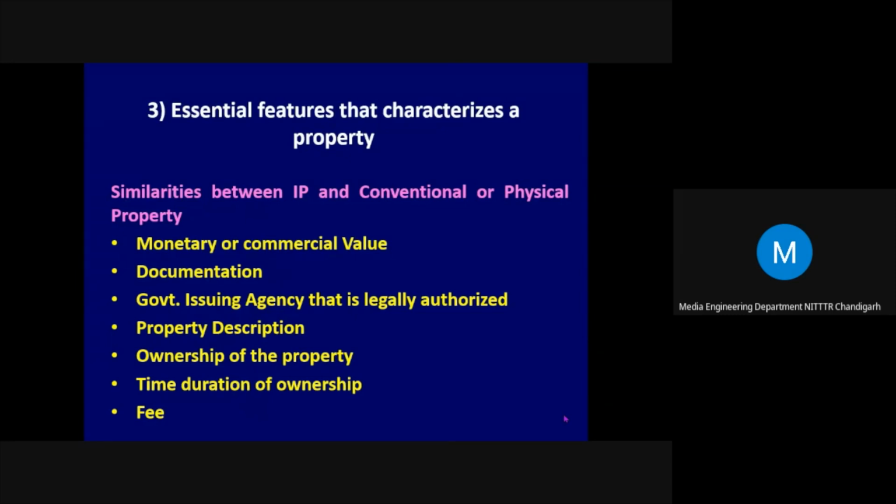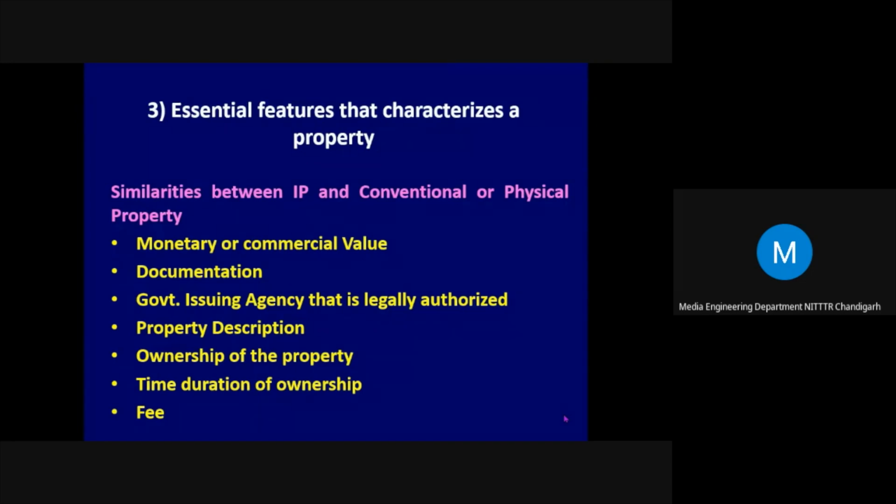That's it. Documentation. If you wish to get ownership, for copyright, you will get an ownership certificate. Patent, ownership certificate. Industrial design, ownership certificate. Certain documentation, certain forms you have to fill. Those forms can be filled online also, by creating a login account, or they can be filled offline also.